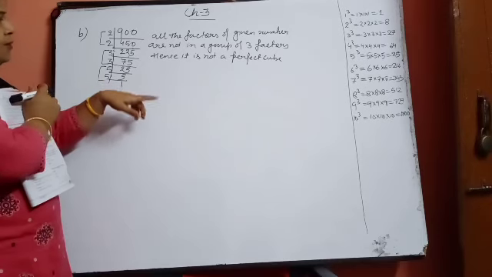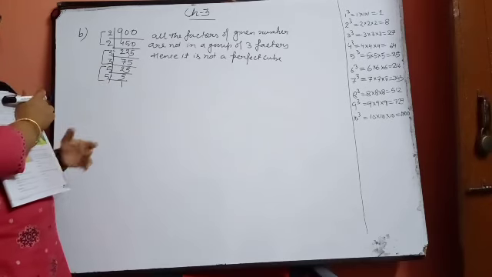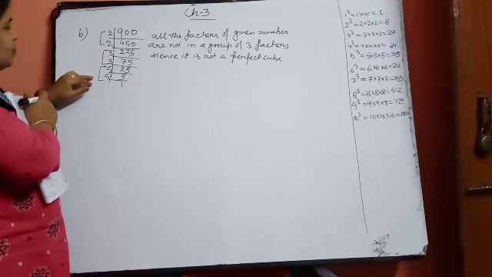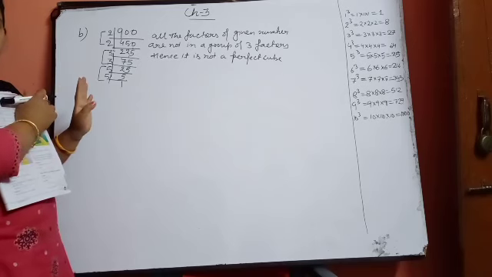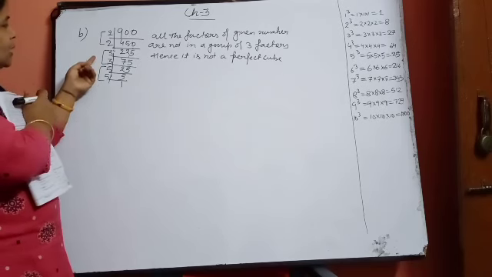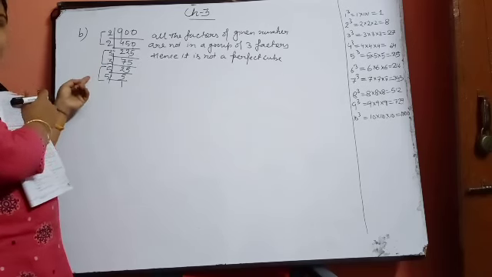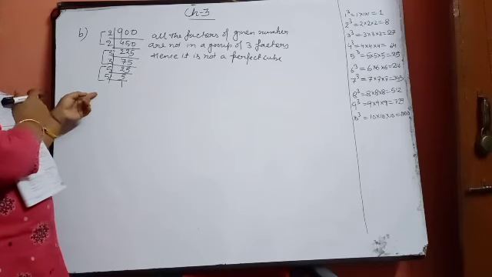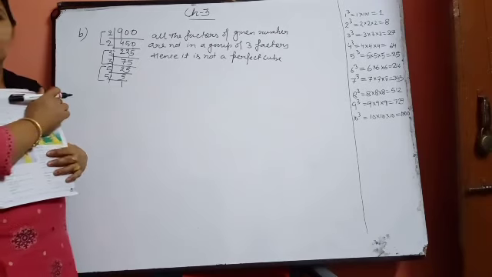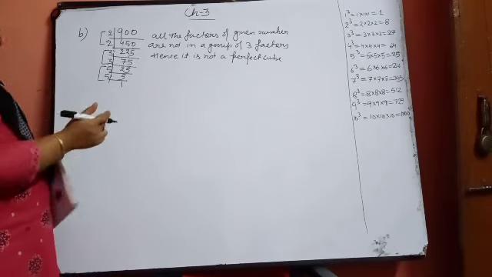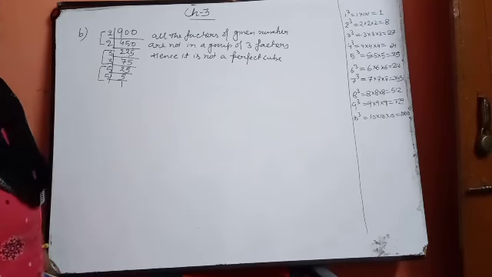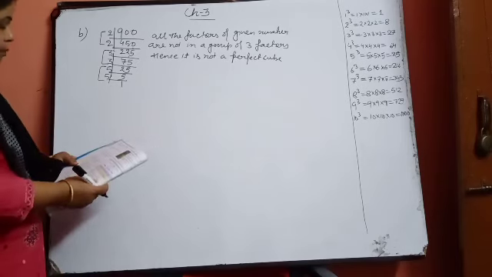We are comparing it from that chapter also. You can see that for the perfect square, all the factors should be in a group of 2 factors. So here 2, 3 and 5 all are in a group of 2 factors. But for the perfect cube, we need a group of 3 factors for each number. So you can see that all of them are not in a group of 3, so the number cannot be a perfect cube. So in this way you will do this question yourself. The rest of the part of this question you will perform yourself.